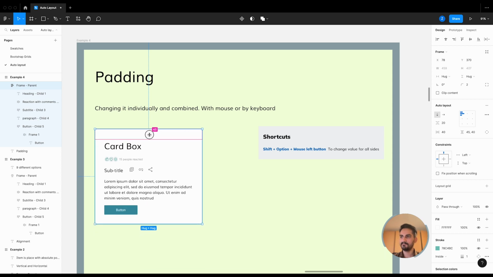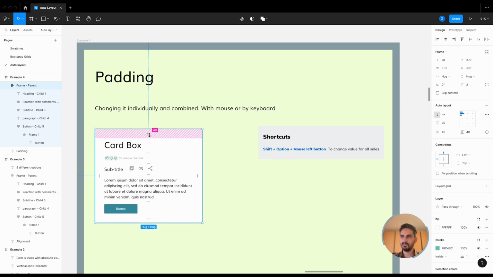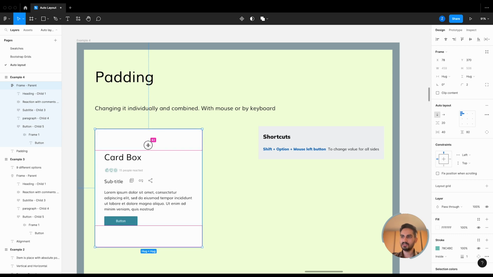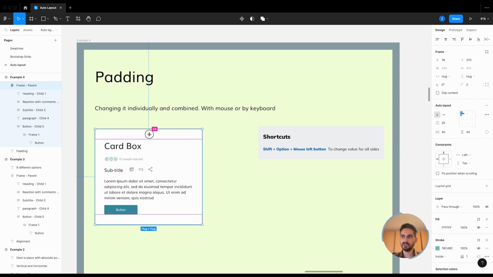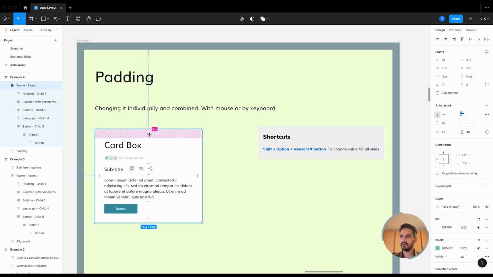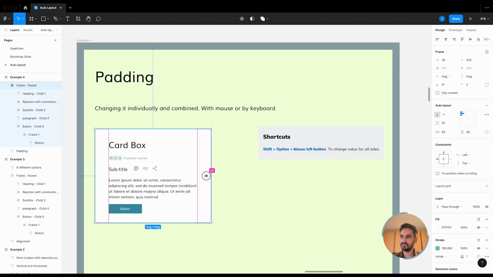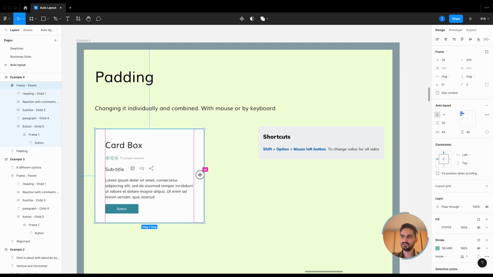What's happening right now is it's only changing the value for its top position, but I want to change it for top and bottom. So what I can do is press option on my keyboard, and now you can see that it is changing for top and bottom together, not only for the top position. I'll press Ctrl Z or undo. And now if I want to change for left and right, I can do the same, selecting this handle with the left mouse key, and after that I press option, and then I try to go inside and outside. So you can see that it's telling me the pixel value,